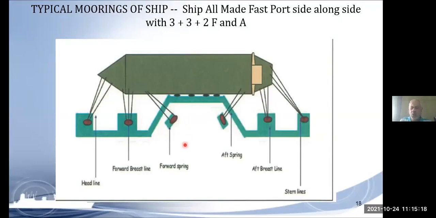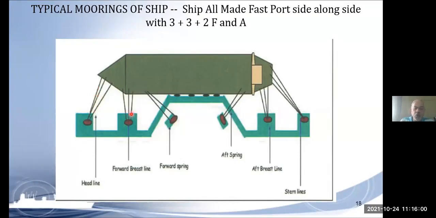Now, how is the ship controlled? Which movements of the ship are controlled? When the ship is tied up, the ship's engines are off. You cannot keep any engines running. So the propeller is not running. These lines will not allow the ship to go behind. These lines will restrict the ship from going ahead. So the longitudinal movement, ahead and astern, will be controlled by 3 stern lines and 3 head ropes.